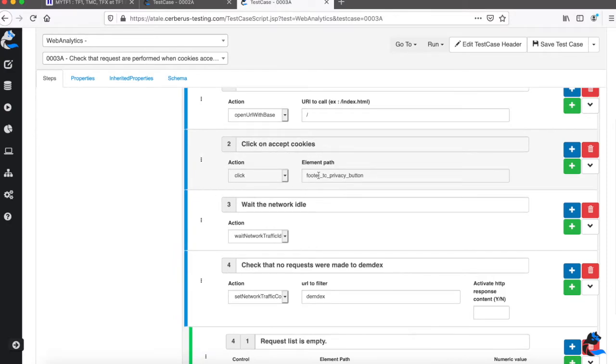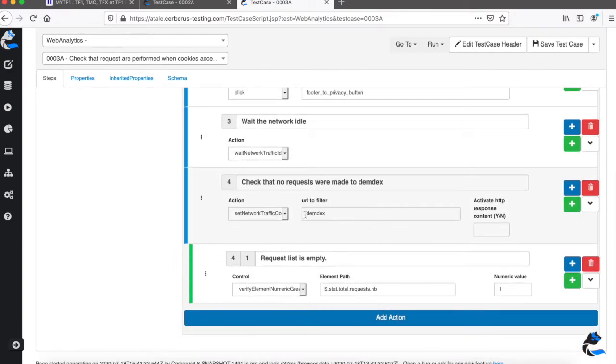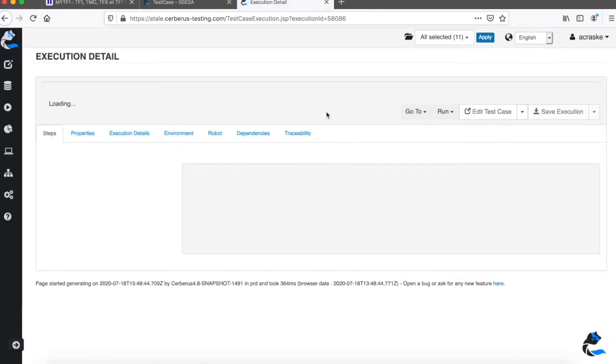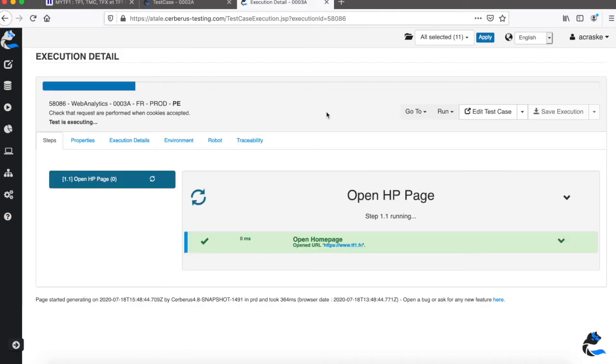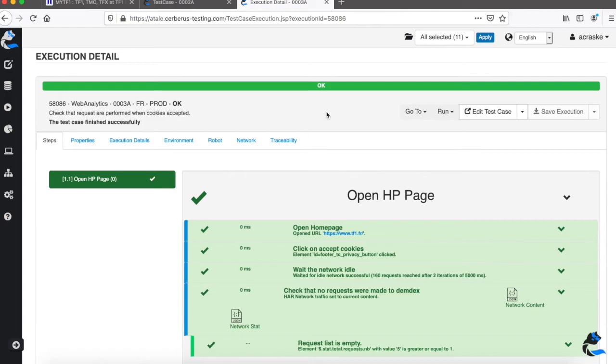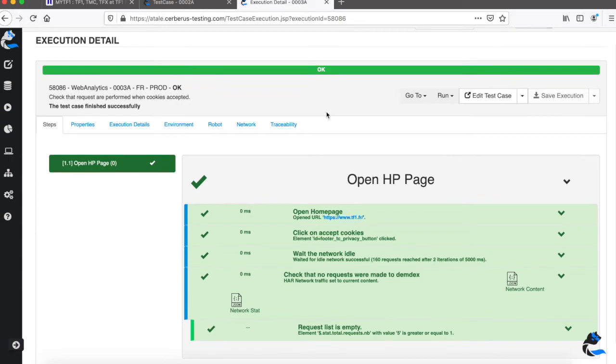On the contrary, I want to verify that if I click on accepting the cookie, the specific third party will be called at least once, and this is what we do in the same way as in the first test case and the example we shared. I will run this test case to verify whether the third party is called when we click on the accept cookie button. It's waiting for the network traffic to end, and on a real, larger website we already have around 160 requests. We got the traffic correctly, and as you see here, we have 5 requests to the third party and it is correctly performed as expected.